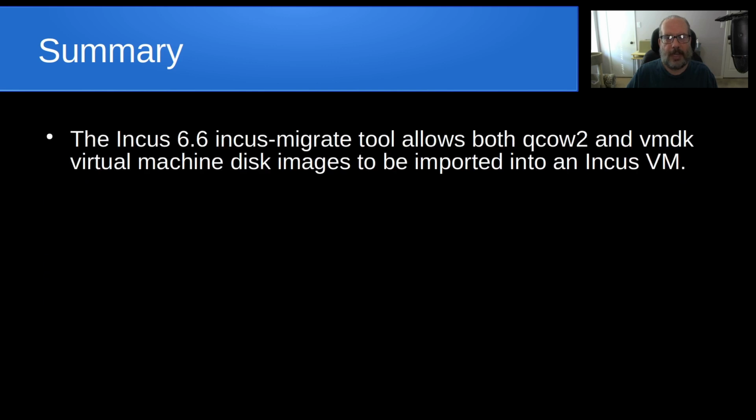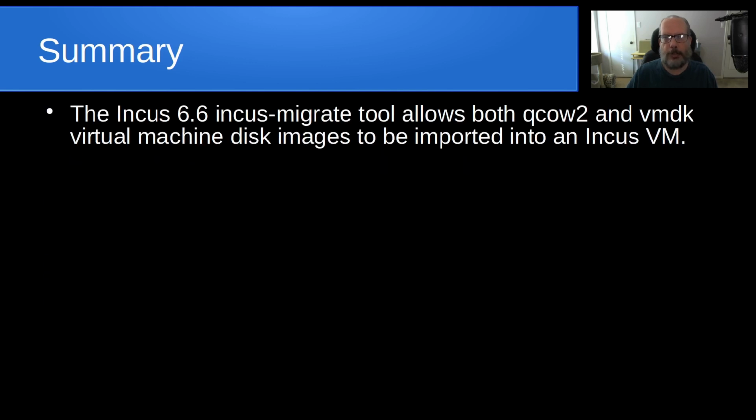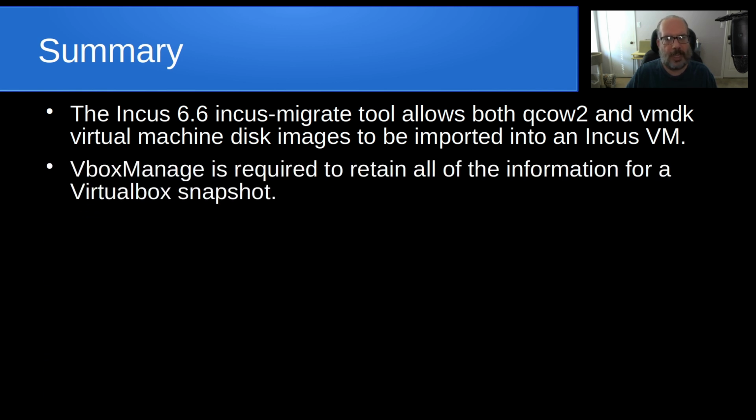So in summary, the Incus version 6.6 incus-migrate tool allows both QCOW2 and VMDK virtual machine disk images to be imported into an Incus virtual machine. And a VBox image is required to retain all of the information if what you are importing is a virtual machine snapshot